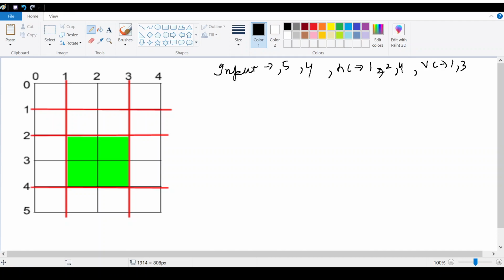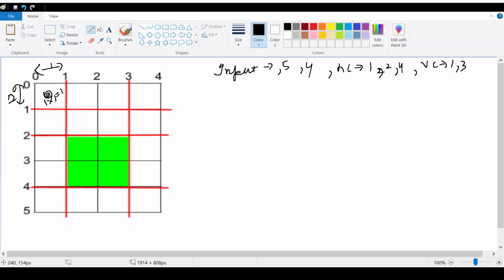So how can we calculate the area of a particular block? If we take the first block, that is this one, the area of this block will be height, that is 1, into width 1. So 1 into 1 equals to 1. So its area will be 1.